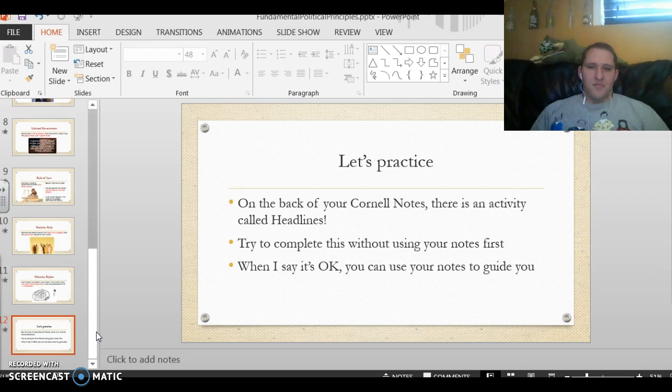Okay, so once you've finished this presentation, there's an activity on the back called headlines. There is a word bank at the bottom. Try to complete it without using your notes. If you need to, you can check with someone sitting at your table, and they will help you out, or you can compare your answers. If you absolutely have tried and there's a couple that you're confused about, flip it over, quickly read the directions, read your definitions, and then go back and try to finish the activity. If you have any questions, you can also ask